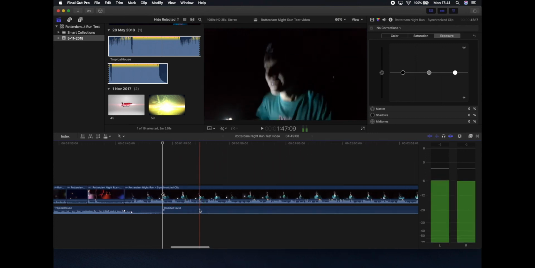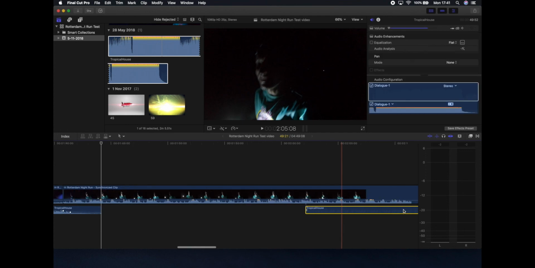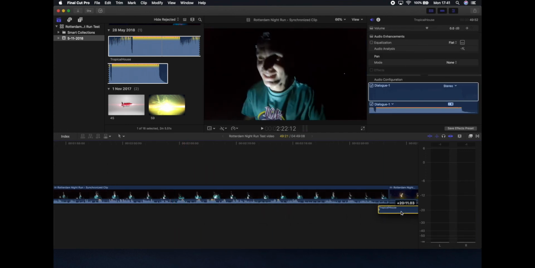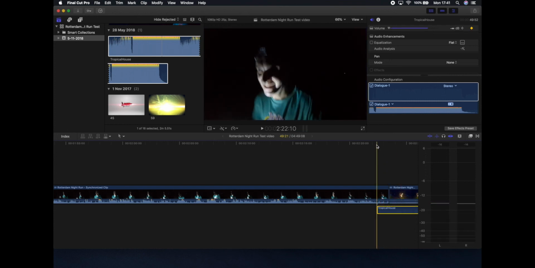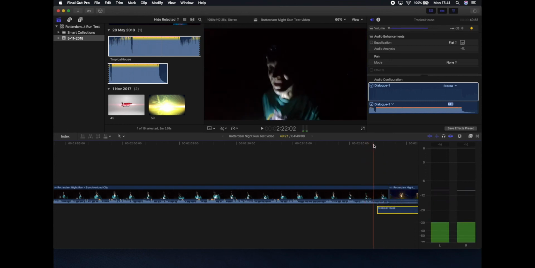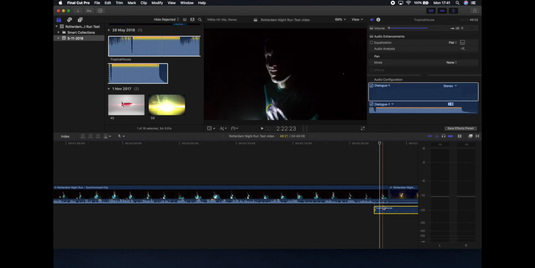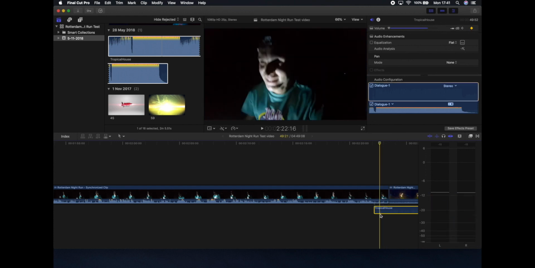And then what I can do is just drag this part of the audio file to just about here and see where I would want the music to start again. And set it here with another keyframe. Then you can see there's a keyframe here, and I'll just drag up the audio to around